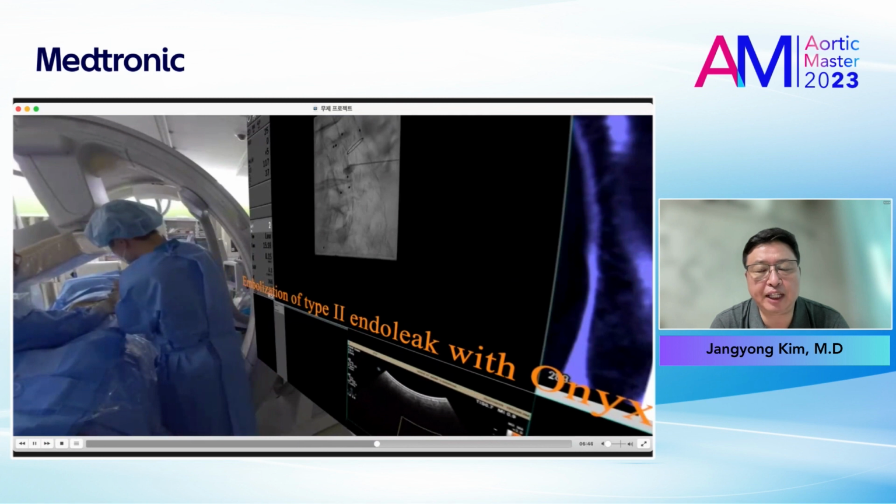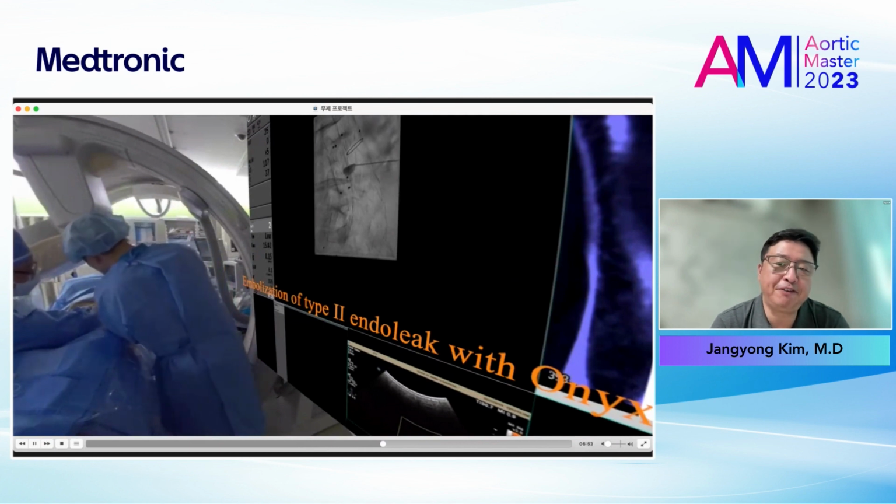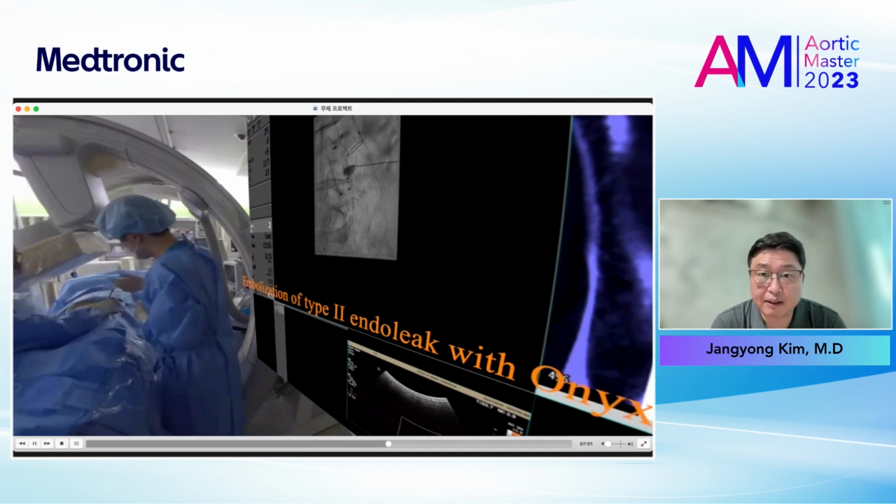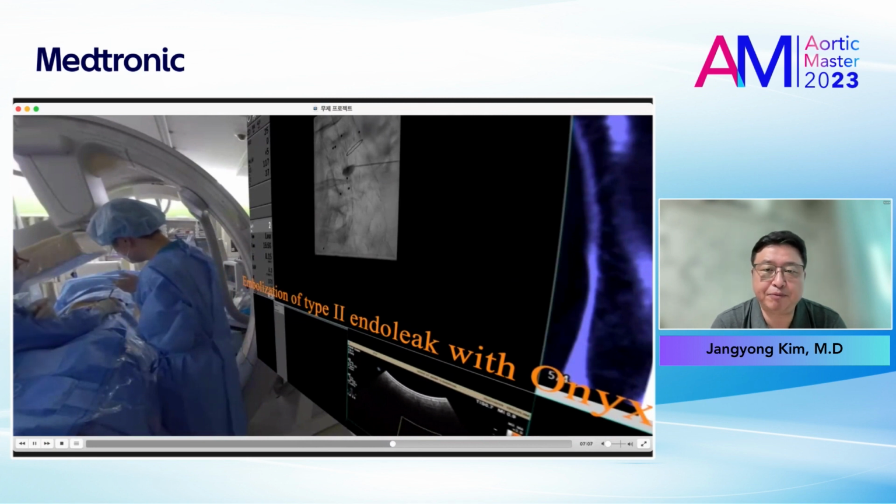It needs 3 minutes for infusion of 1 cc Onyx for each session. Before the infusion of the Onyx, we need DMSO to flush the blood, and then we use Onyx, 3 minutes for each 1 cc infusion,